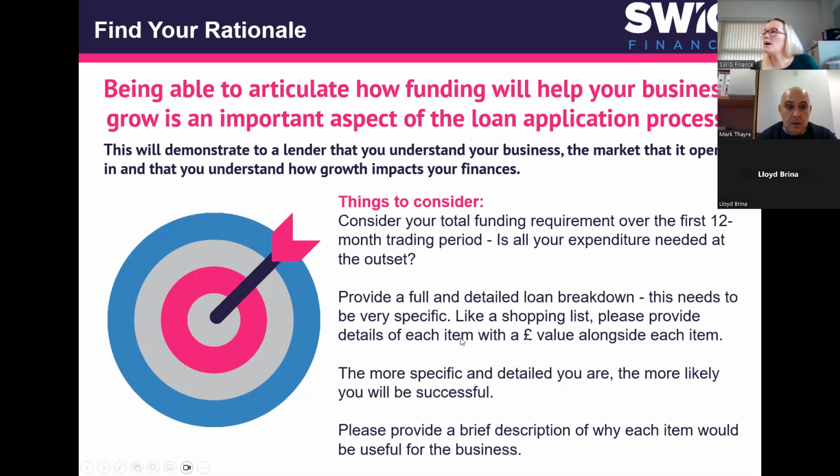So Joseph's asked, are all loans personal loans? So all the loans for this scheme are personal loans to you, for you to start up your business. We strongly hope, and this is why the template is here, that your business is going to be able to make those monthly payments to pay back the loan. However, as it's a personal loan to you, should your business not be able to make those repayments any month